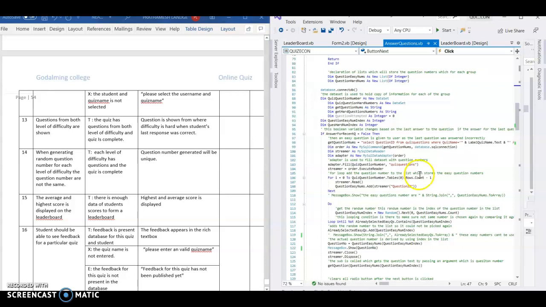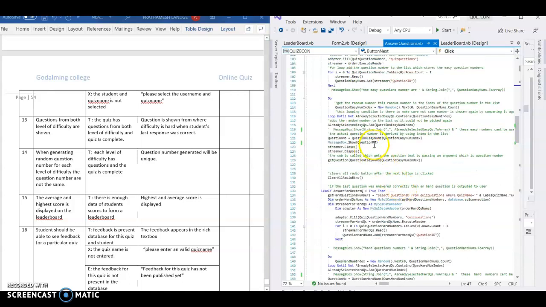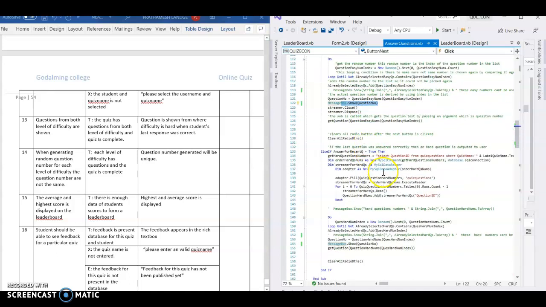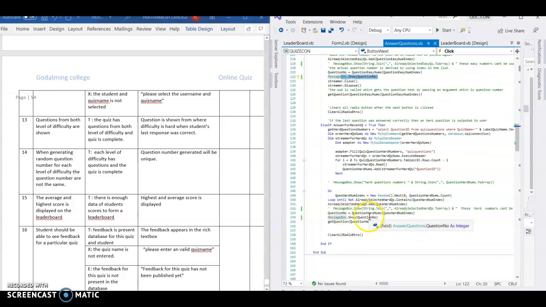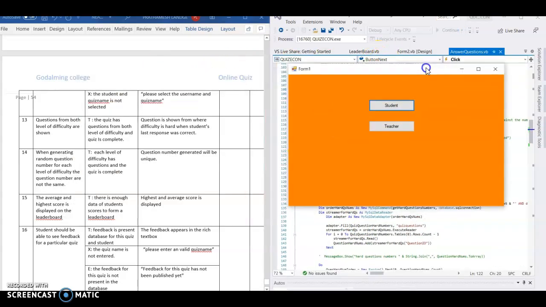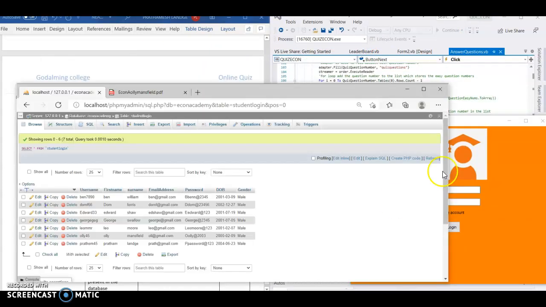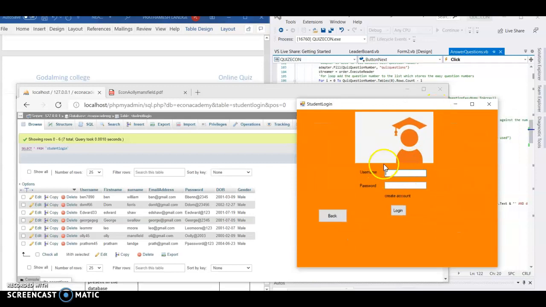It just alternates. To check that the question is from the correct group based on the last question they answered, I have put message boxes that show the question number just before it flashes on the screen. It's for both groups. So let's just test it. This works. I should have done this earlier, but